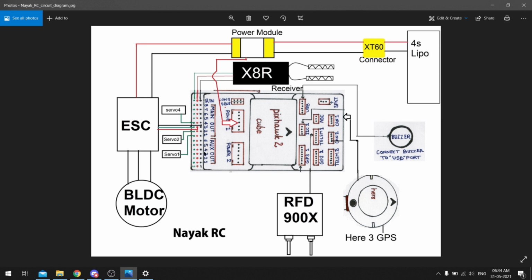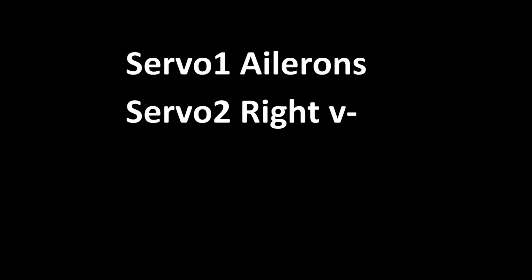So whenever we plan or program or do something inside the PIXSOC, whenever we say servo 8 or servo 9, that means servo 8 is this main output 8. Servo 9 means auxiliary output servo number 1. And let's say servo number 12, that means 8 9 10 11 12, that is auxiliary output 4. So this is how we number the servos.